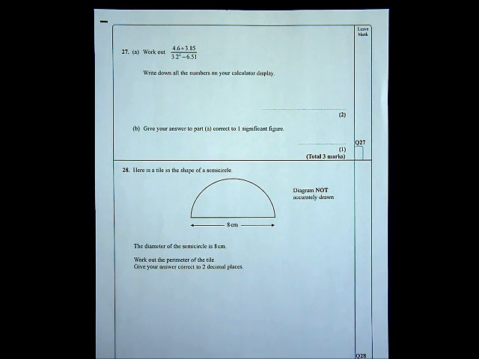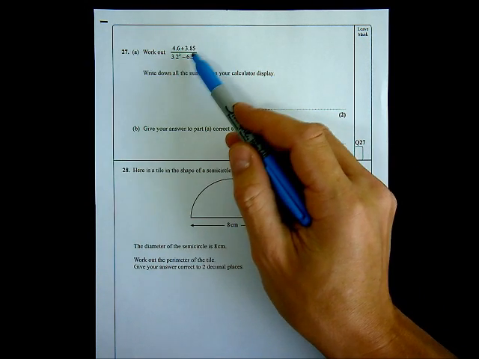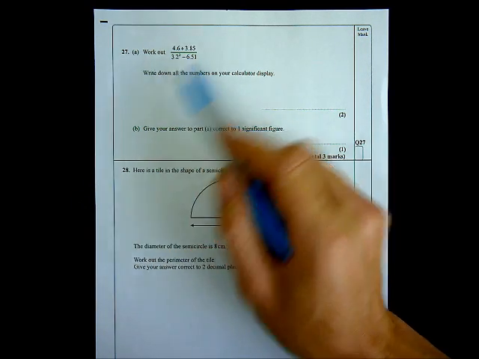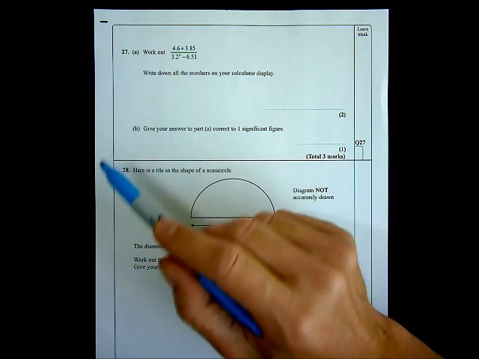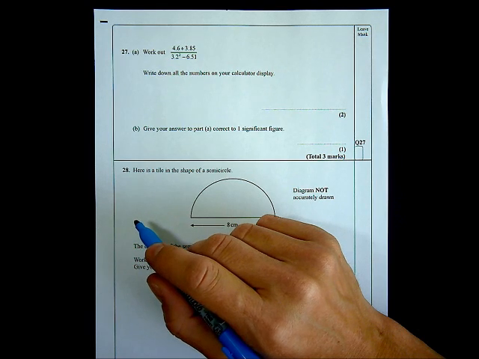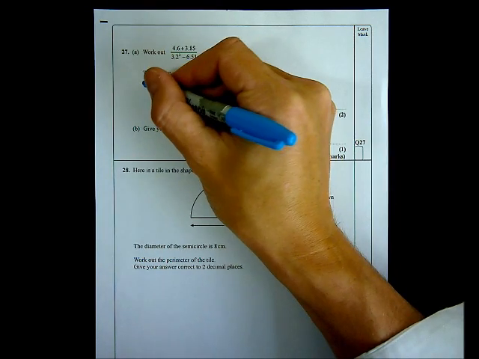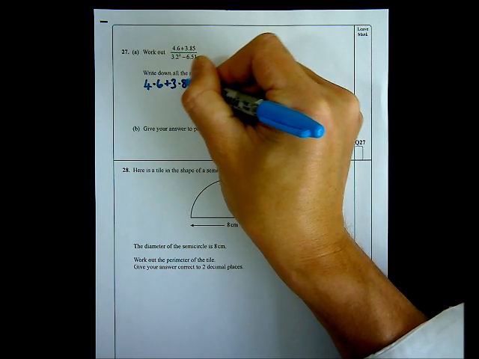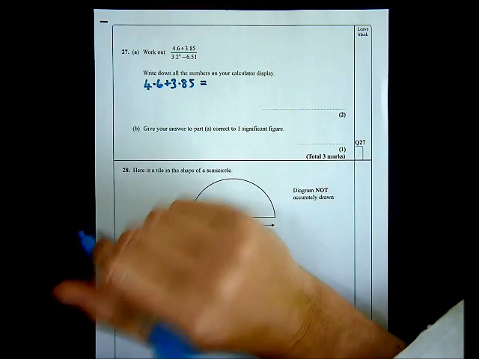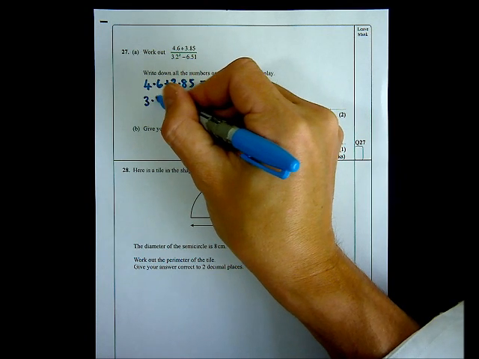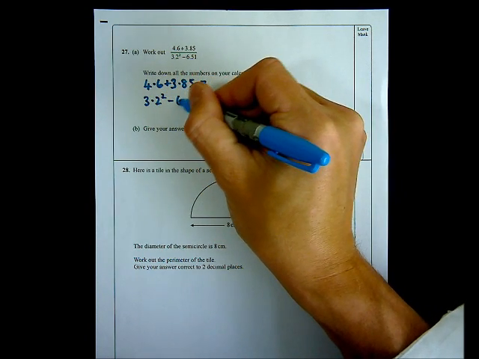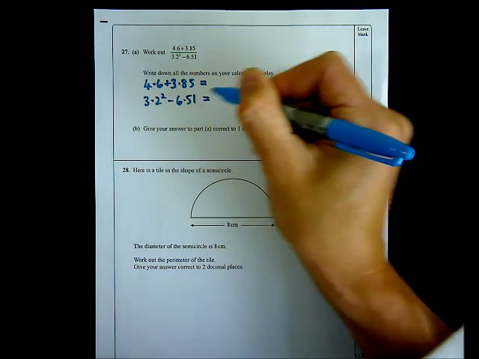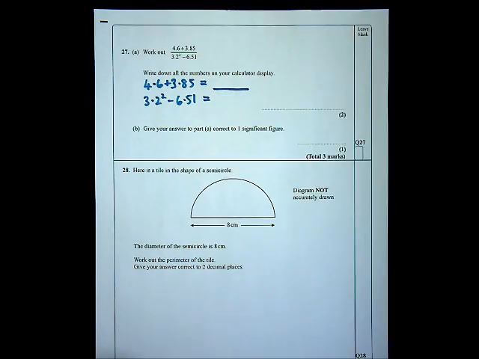On question 27, I'm asked to work out 4.6 added to 3.85 and then divide that by 3.2 squared, take away 6.51. Now, a couple of ways to do this. The first way is I'm going to work out the numerator, the number on the top of the fraction, separately. And then I'm going to work out the number on the bottom, the denominator,